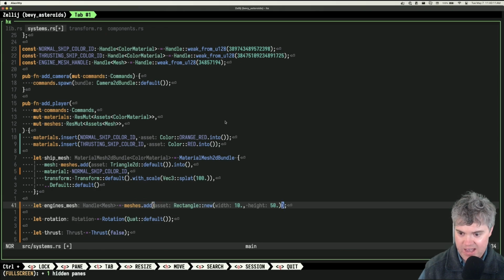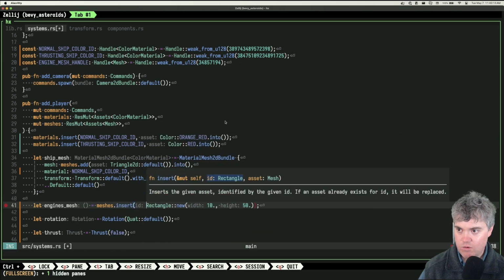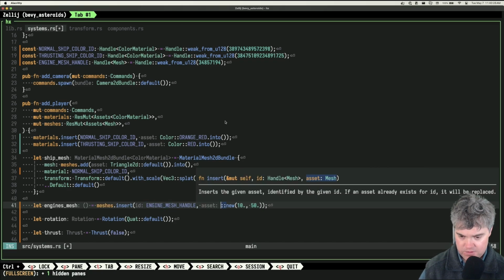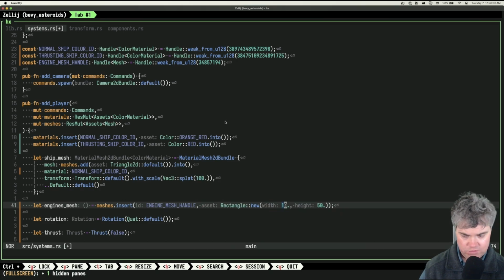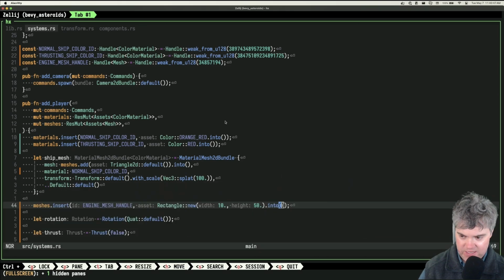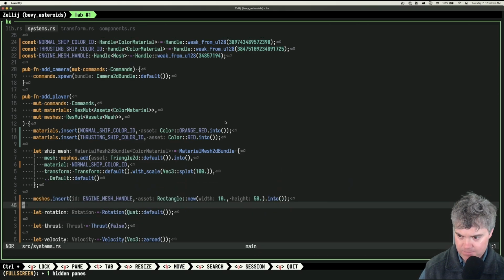Okay, so instead of add, we're going to do an insert. We're going to hand it the engine mesh handle. Why do you do that sometimes, Helix? Come on. And then what was this? This was a rectangle new that. Okay, so we insert it. You need to be an into to be happy. Okay, so we give that.